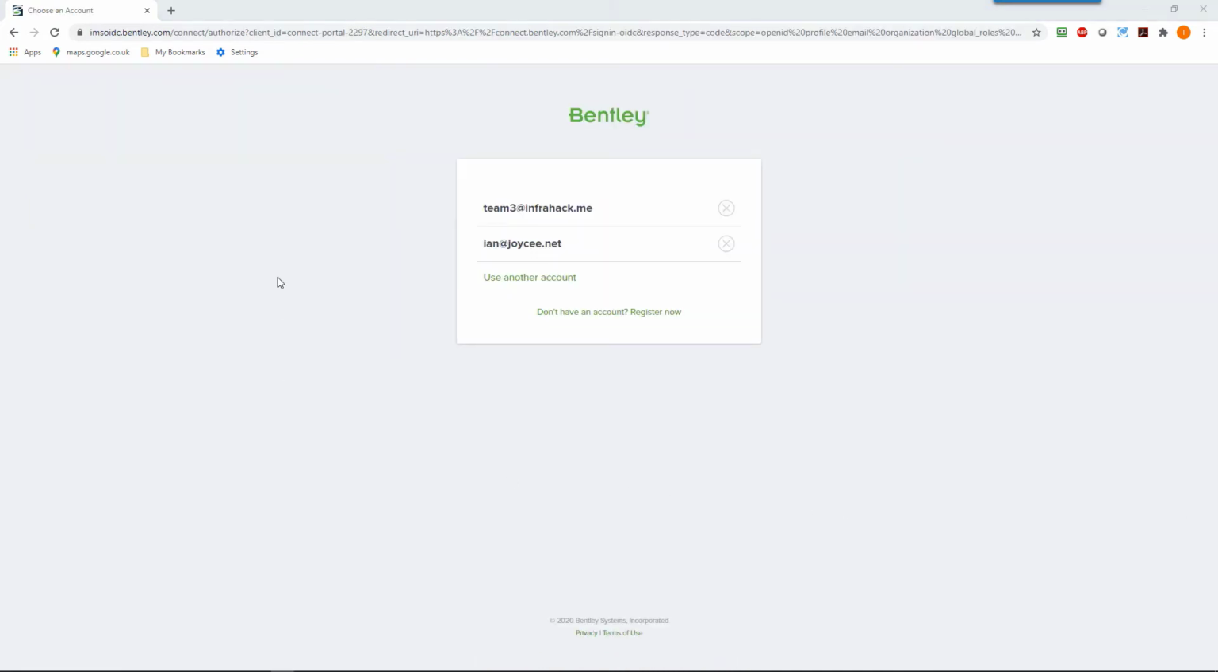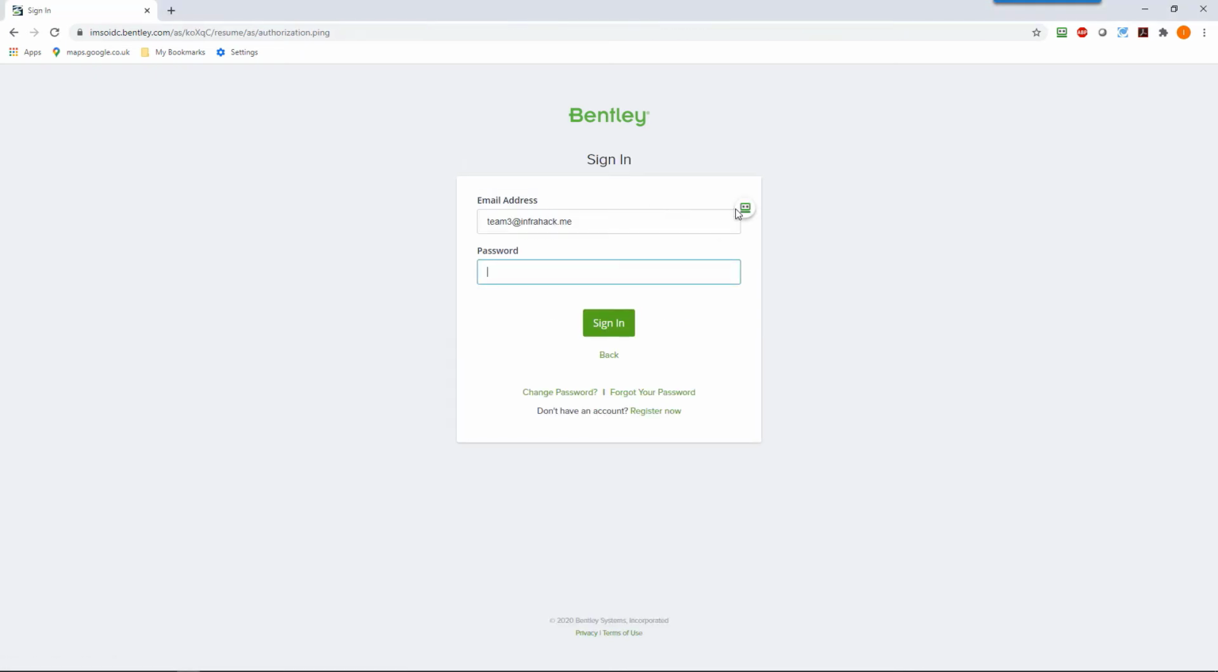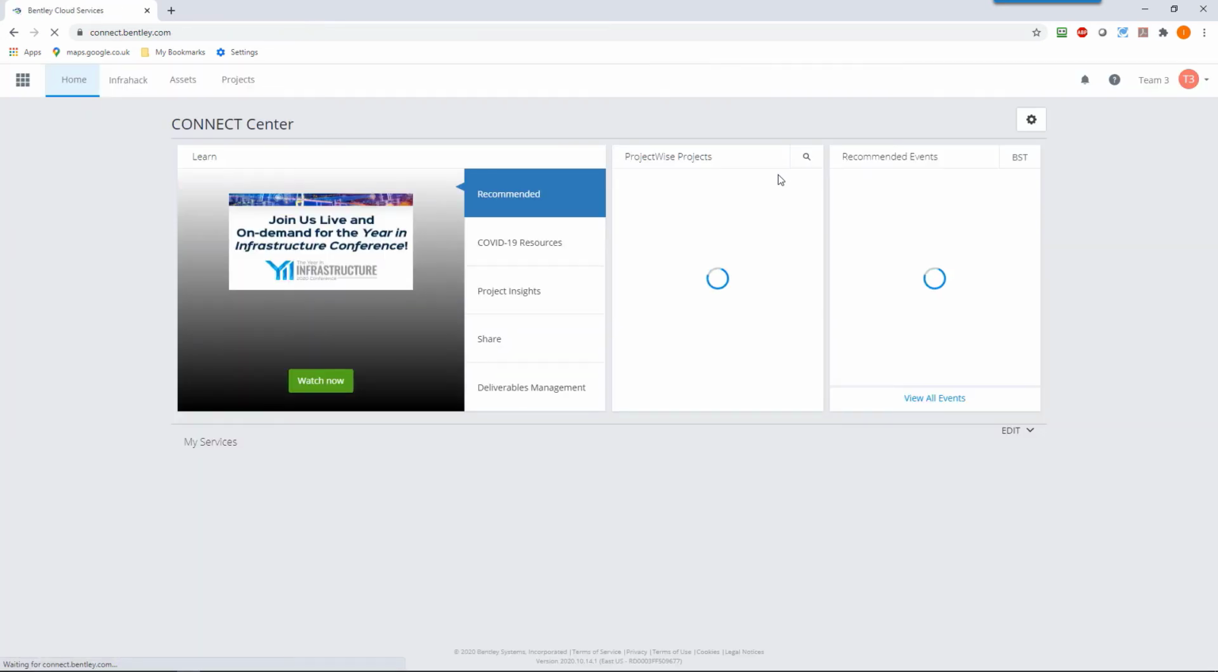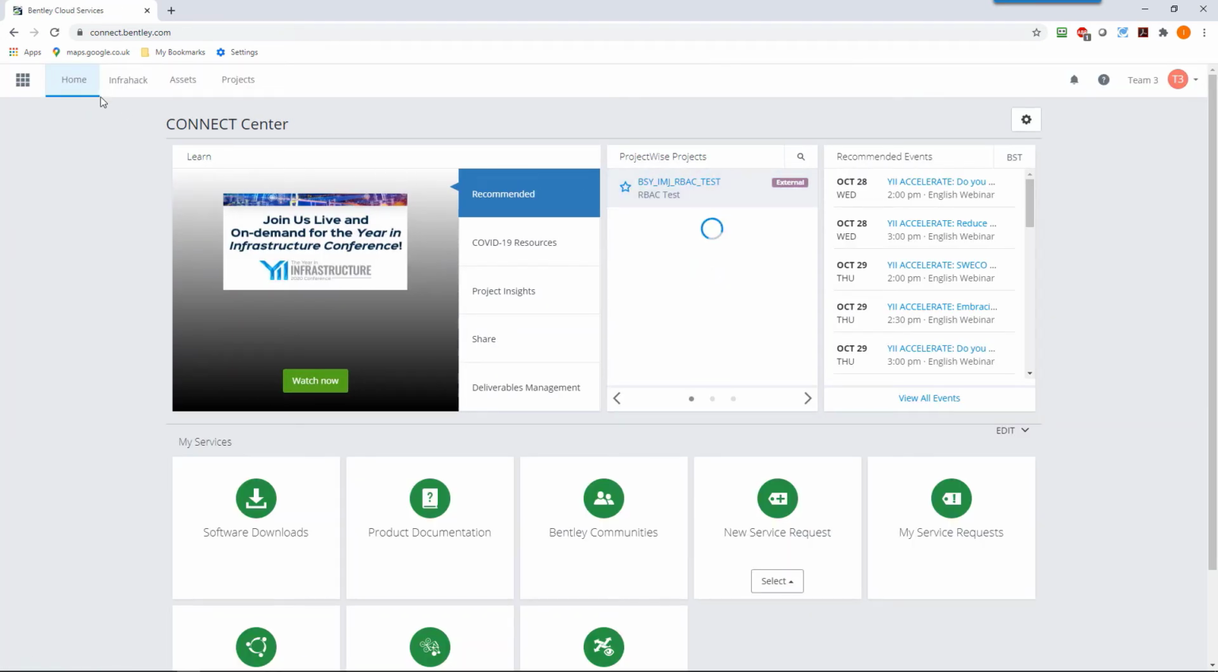So I shall log in as one of the users. I'll go with this Team 3 user and put in their credentials. Now this is somebody from an external organisation here called InfraHack. So they've got access to all their own settings, but they're a member of this external project. So if I now go and have a look at the